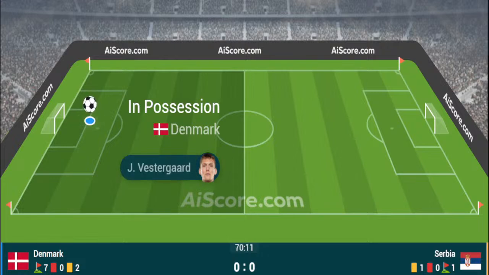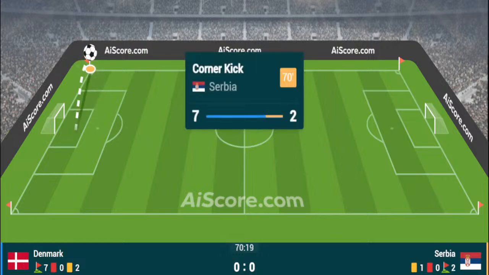Serbia will go backwards all the way back towards Milenkovic, right on halfway. Milenkovic feeds it forward now. And here come Serbia once again inside the centre circle. Milenkovic has it. Milenkovic just didn't have too many options, did he? And so it is all the way back to Rajkovic in goal for Serbia. But the last 5 minutes have been much better for Serbia.